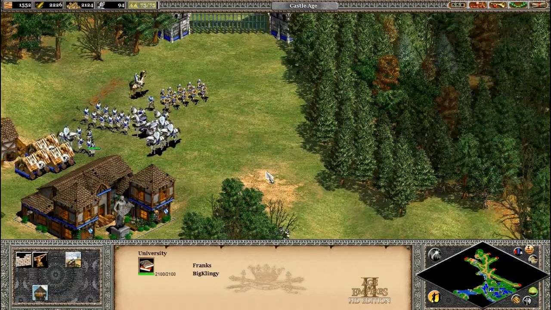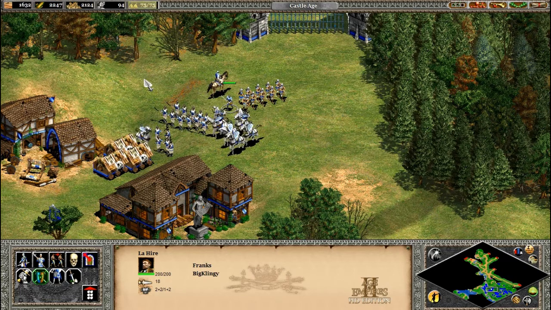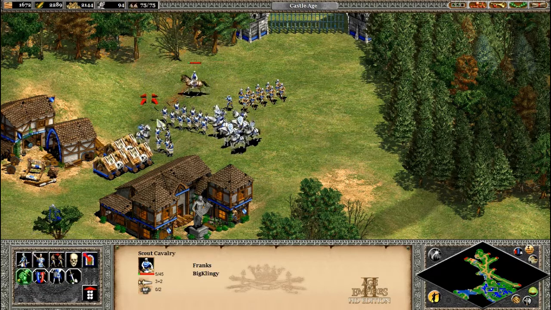But the rest of us, Lahir, have I mentioned that if Lahir runs out of HP in this mission, it'll say that he has been grievously wounded, but he doesn't actually die. So yeah, he is one of the few heroes who can do that. And he probably wants to be in the thick of the fighting anyway. Scout cavalry do not want to be in the thick of...